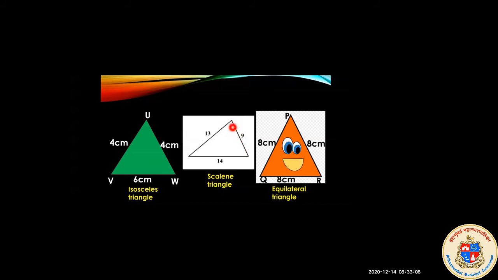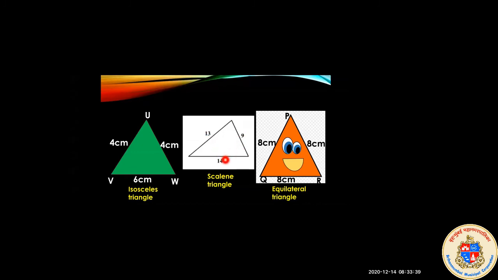Okay. So when there is no name for a triangle, you can put the name also, and then you can tell their vertices also. So if you are giving A, B, C, then the vertices will be vertex A, vertex B, and vertex C. Correct? Then the sides will be side AB, side BC, and side AC. Now here the measurements are given, but if you see, all the measurements are different.